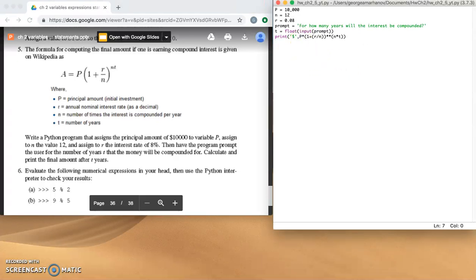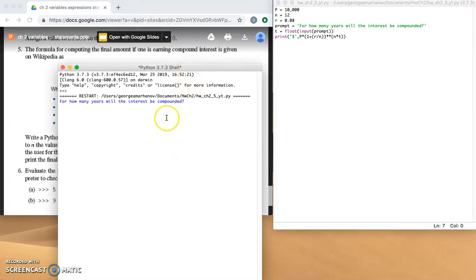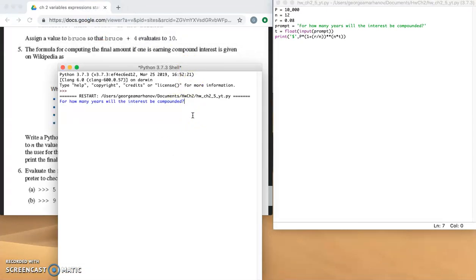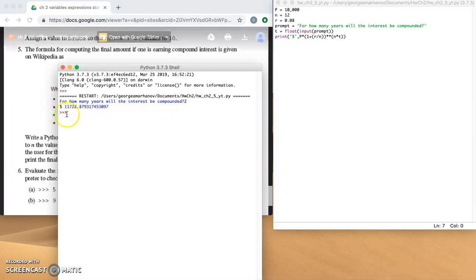So, yeah, let's run it. Let's see what happens here. We run module. It comes up with this prompt for how many years will the interest be compounded. I'm just going to enter 2, and there it is. That's the